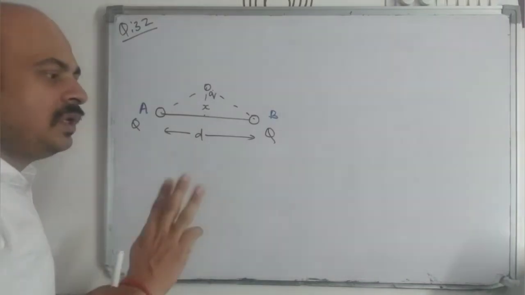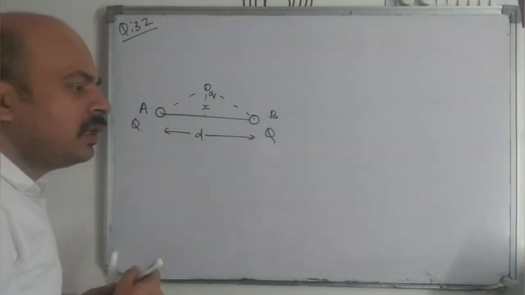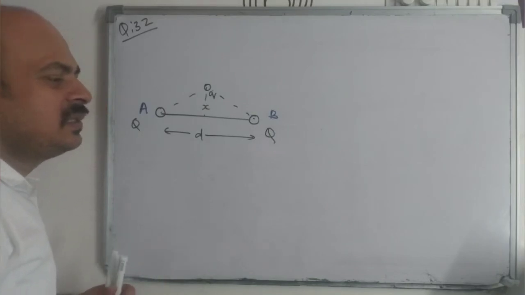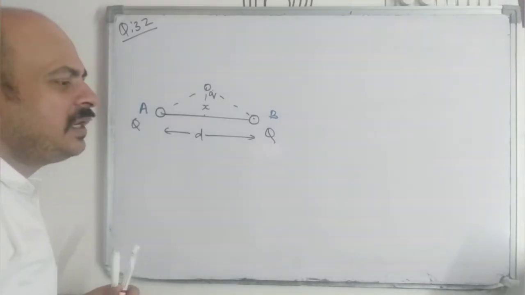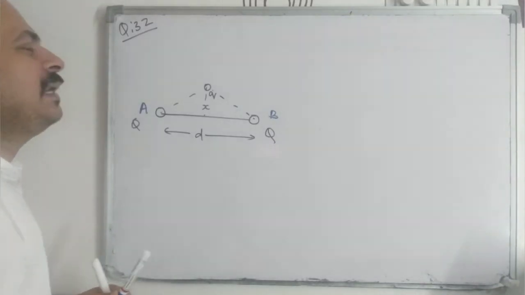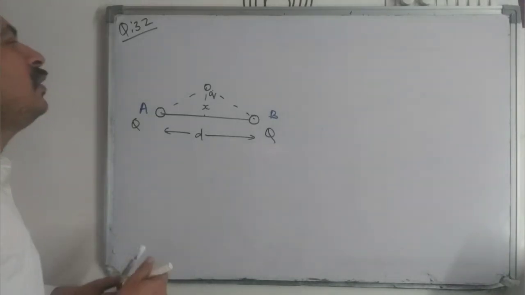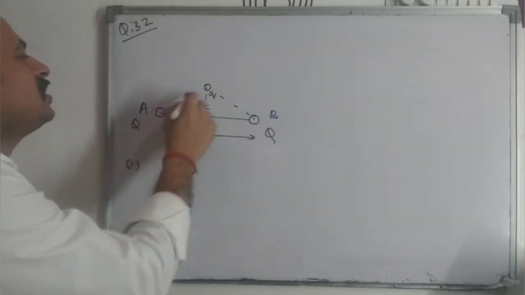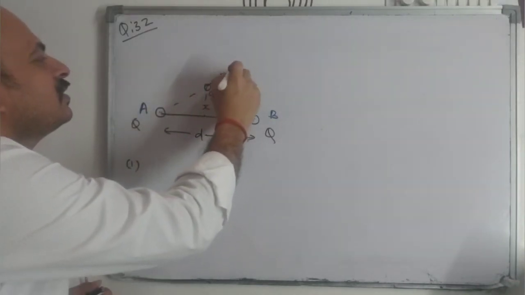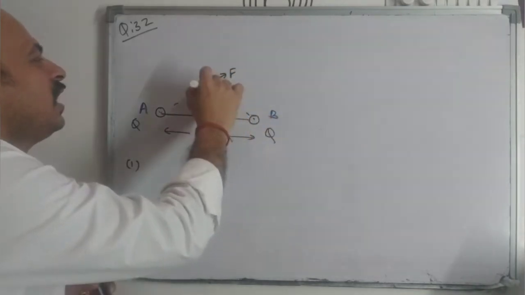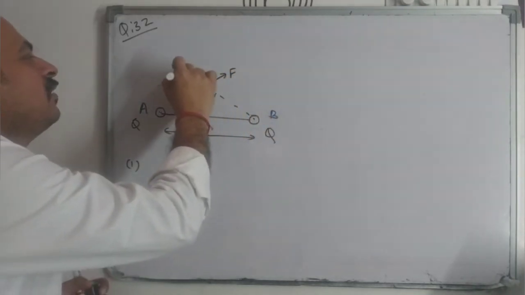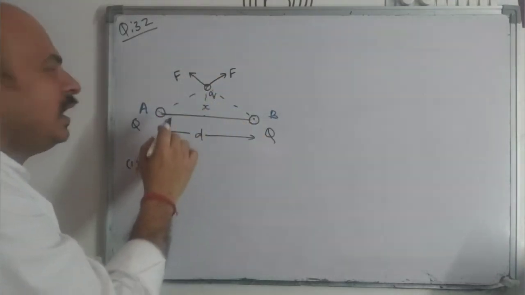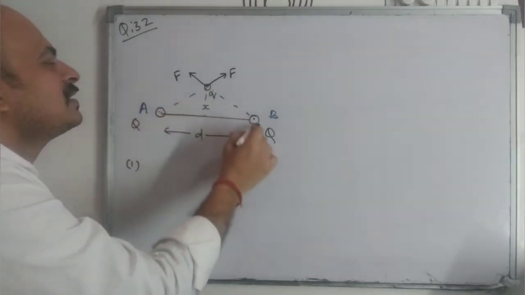So there are three or four things asked in that problem. Number one, if it is displaced through a displacement x perpendicular to this, calculate the electric force experienced by it. So how will you calculate that force? Due to this charge it is directed away, say F1. Due to this charge it is again directed away, F. Their magnitudes are the same because the charges are the same and the distances are the same.